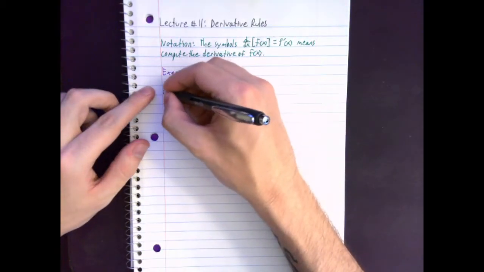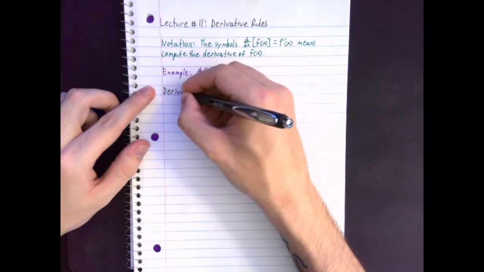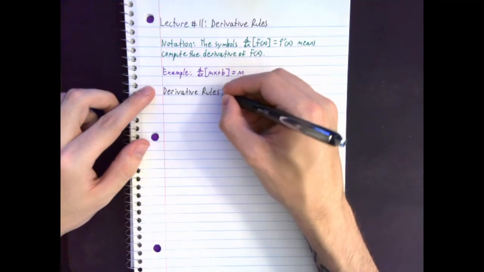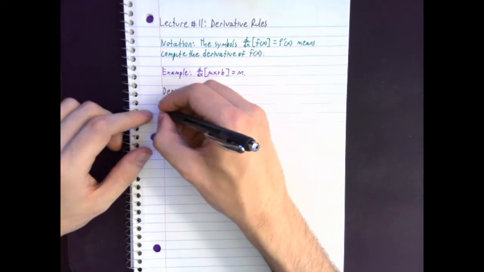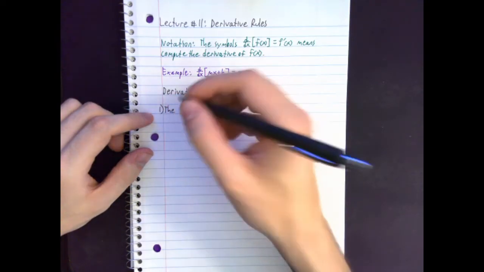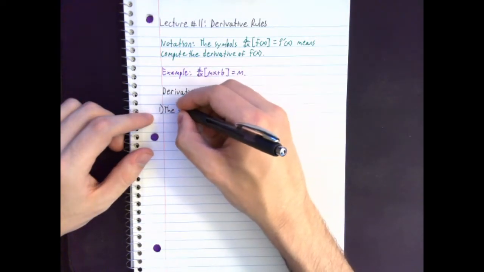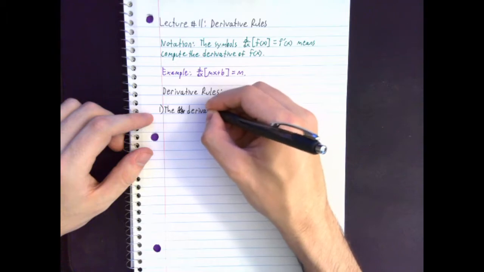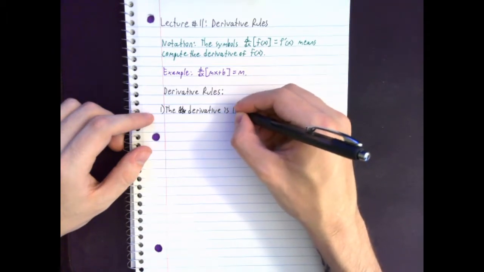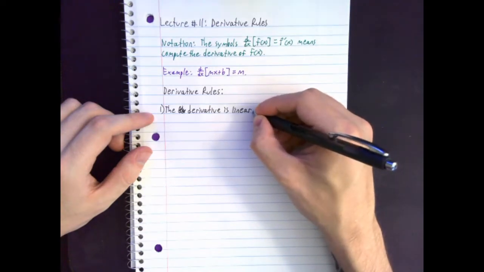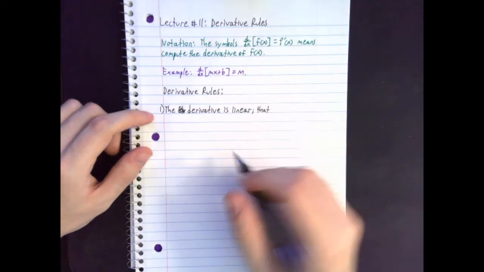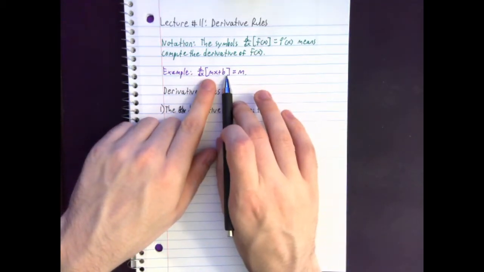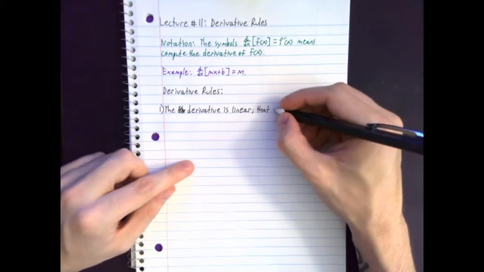So the first thing that I want to talk about, let's write down derivative rules, and there are quite a lot of these. The first thing is that the derivative is linear. So what does it mean that the derivative is linear? The derivative operator, this thing which tells you to perform an operation on a function, this operator is linear, which means that